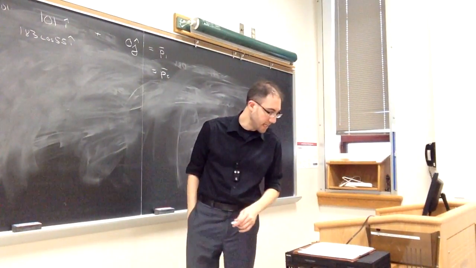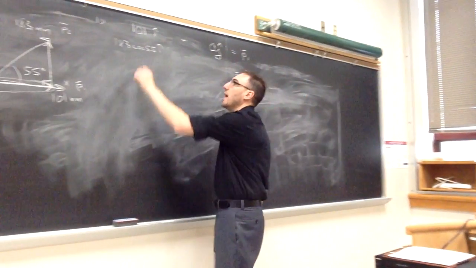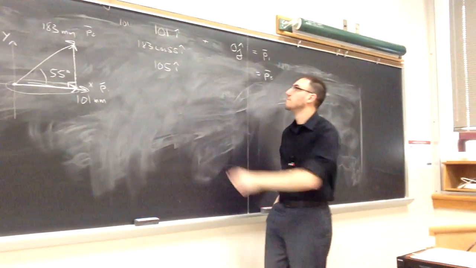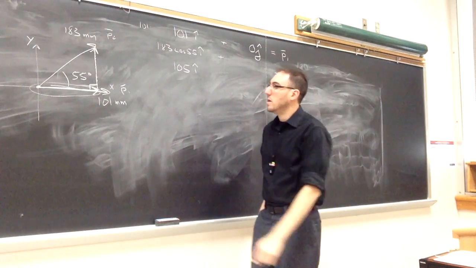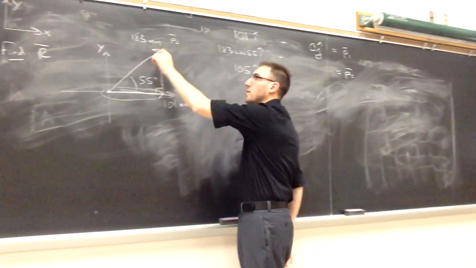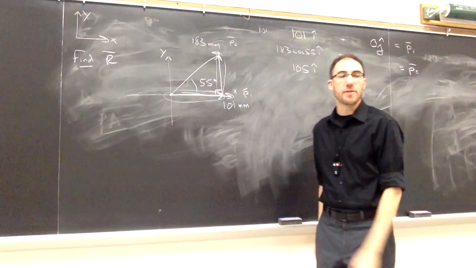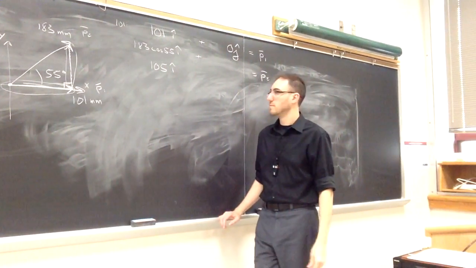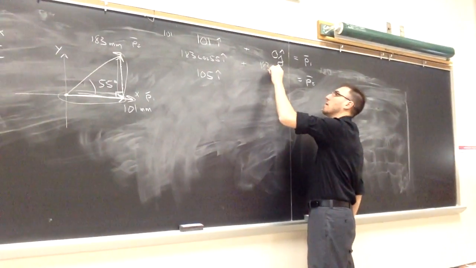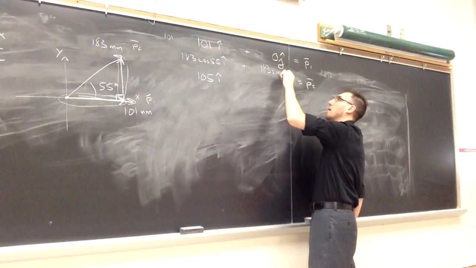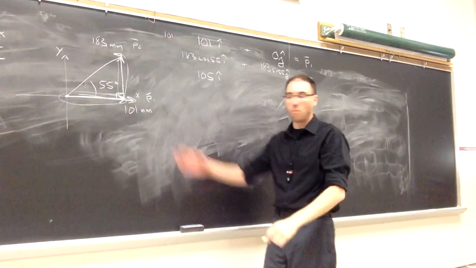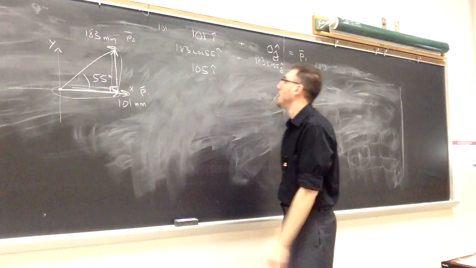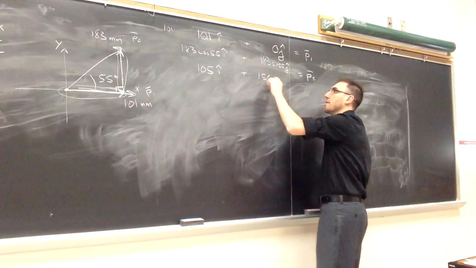And I can get this as a decimal. This is going to be 105 in the i hat direction. Now I look at the vertical leg. This is the coefficient in front of the j. So how much of it is in the j direction? 183 centimeters. With respect to the 55 degrees I was given, it's the opposite leg. And that is going to be 150